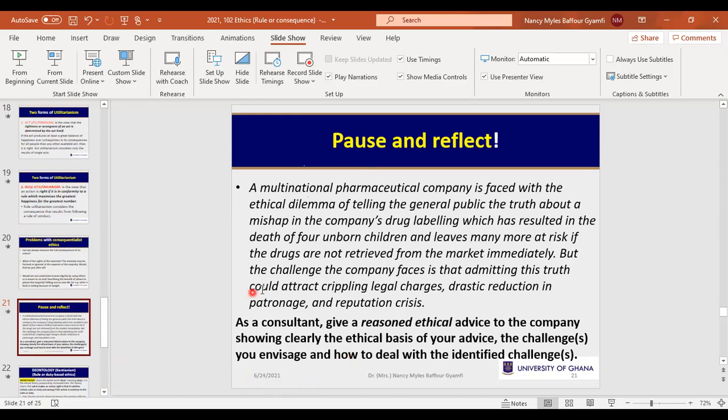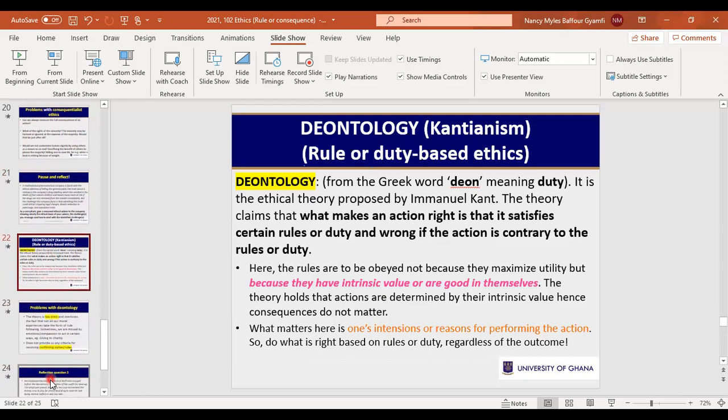You have to reflect. So you are the consultant, a business consultant. They've come to you, give us a reasoned ethical advice. And obviously, there will be some counter responses. So you want to show the company that these are the challenges I envisage, but this is how I think you are able to deal with it. Do it and let's see how you would have done it. You can discuss it amongst yourselves as a group or a tutorial or when you form your own study groups, but reflect on it. All right. Now the second, we have some 2 slides to go to beef up your discussion of that reflection paper.